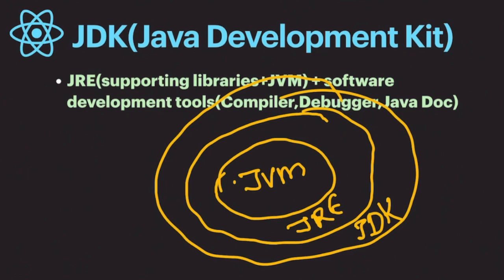I hope this video is very helpful for understanding JDK, JVM and JRE. We will use the JDK in our React Native application for running Android applications, and in my next lecture I will show you how JDK works with the OS, how we can install the JDK and how we can uninstall the JDK. We will learn that in the next lectures.